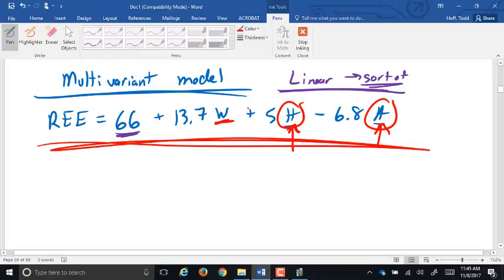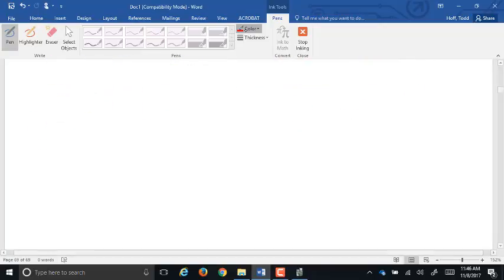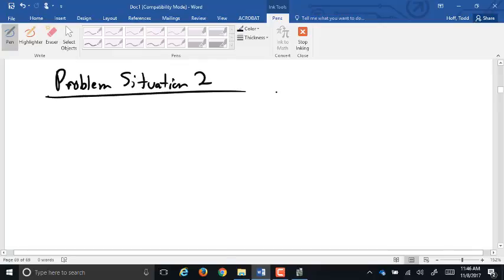Okay. Next thing is that not all of these multivariate models are linear. So the next model we want to look at is a model for kinetic energy. This is problem situation 2. It's the tennis ball versus a car. We're talking about kinetic energy, which we're just going to abbreviate with K. The model we've probably been more familiar with in physics class is 1/2 mv squared. They're using 0.5 times the mass times the velocity squared,